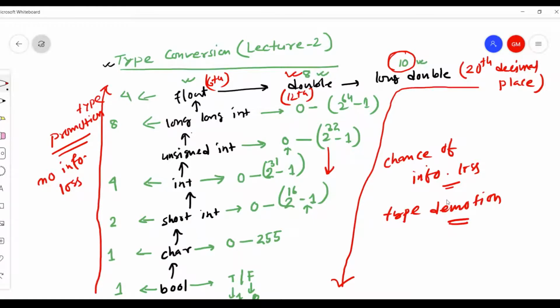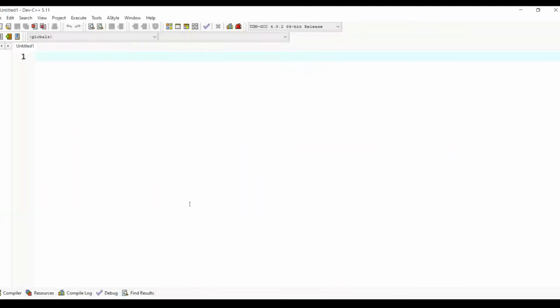Okay, so let us understand this hierarchy with a proper example. Let us go back to the Dev C++ IDE and write some code.